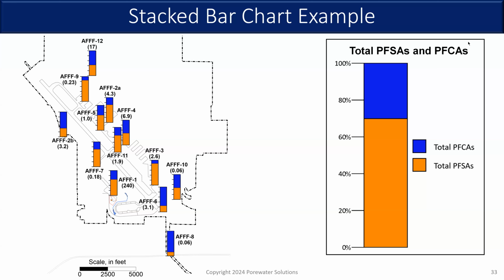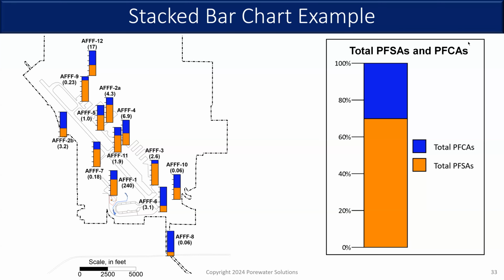And now if you look at AFFF6, which is a little bit to the right, total PFAS concentrations of 3.1, that's what's in brackets, 3.1 microgram per liter. And we can see the total carboxylates at AFFF6, much more blue, that's close to 80%. So very different from AFFF1. AFFF1 looks like it had mainly the ECF-based AFFF products released at the current fire training area, whereas AFFF6 obviously had a lot more of the